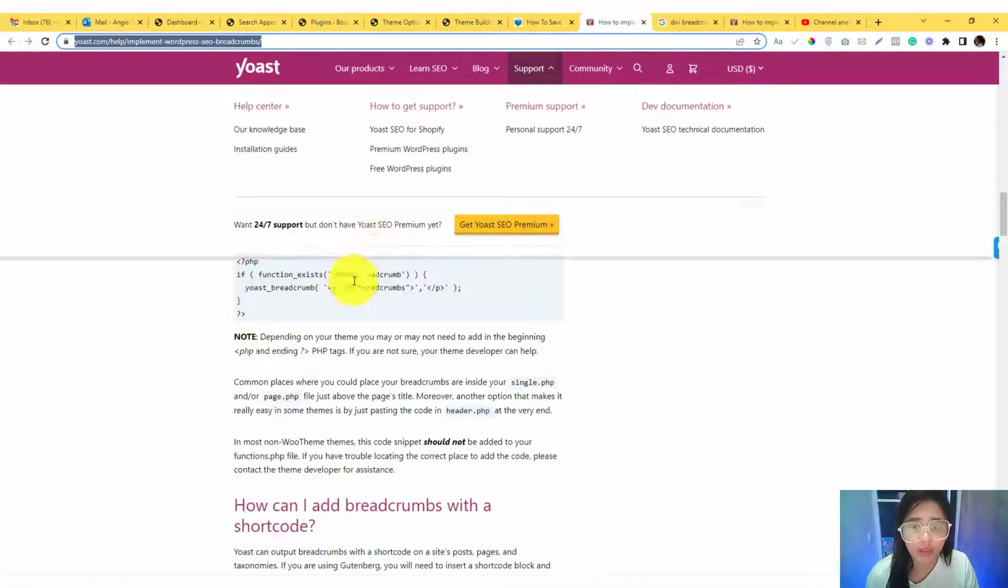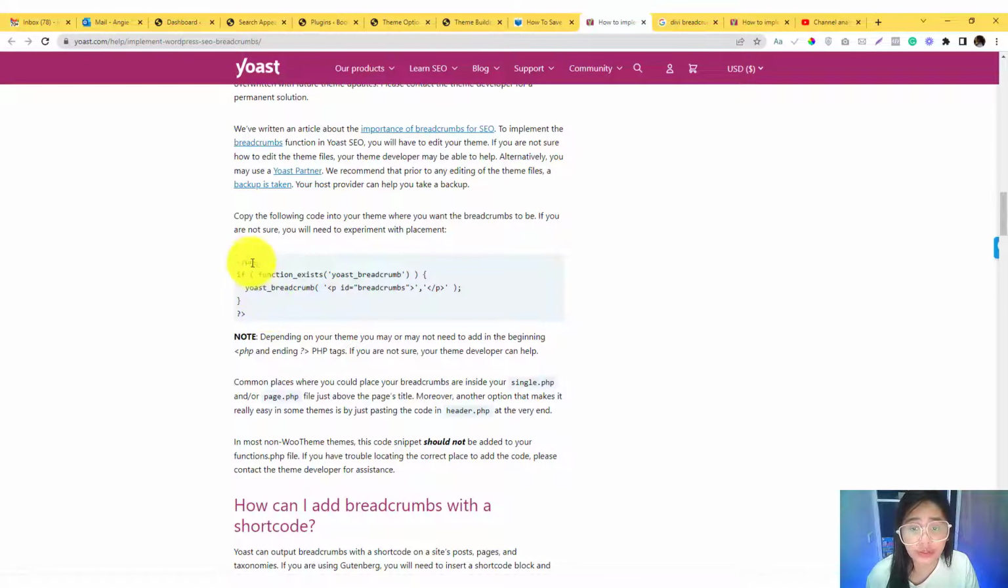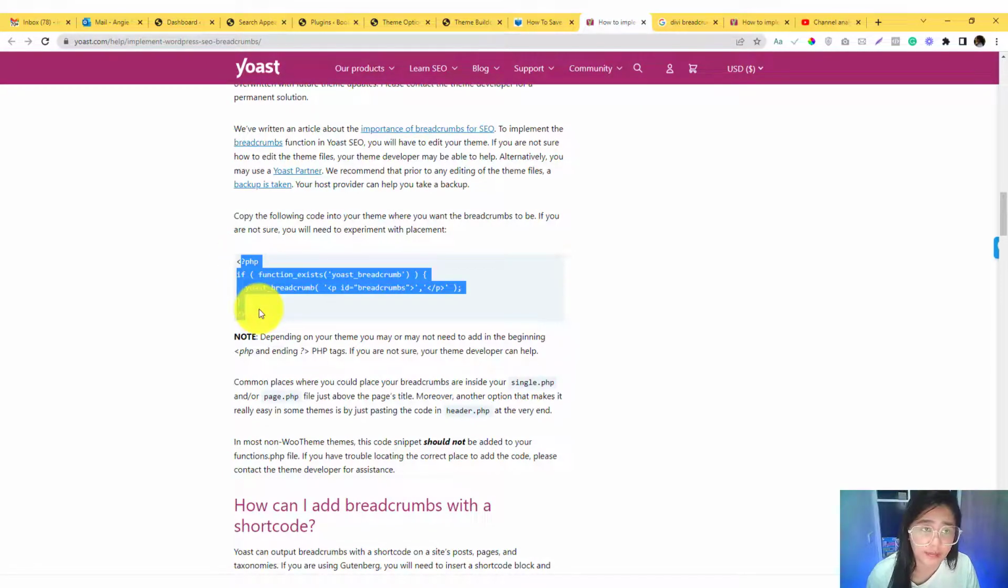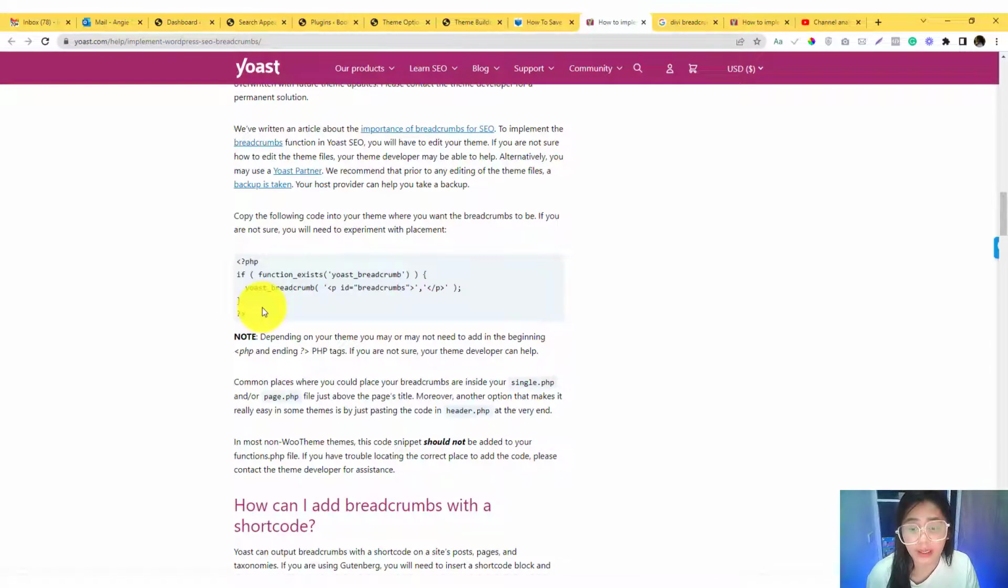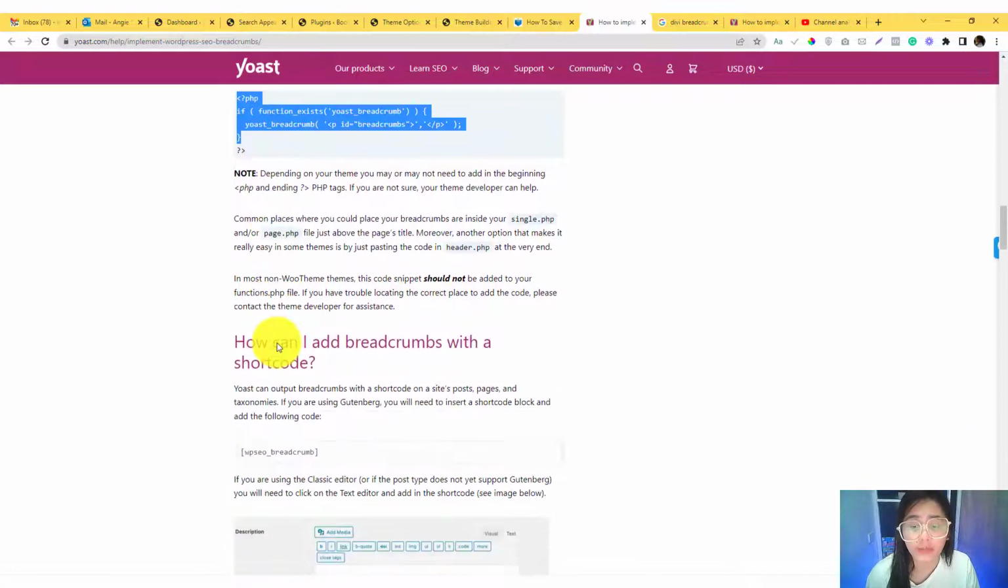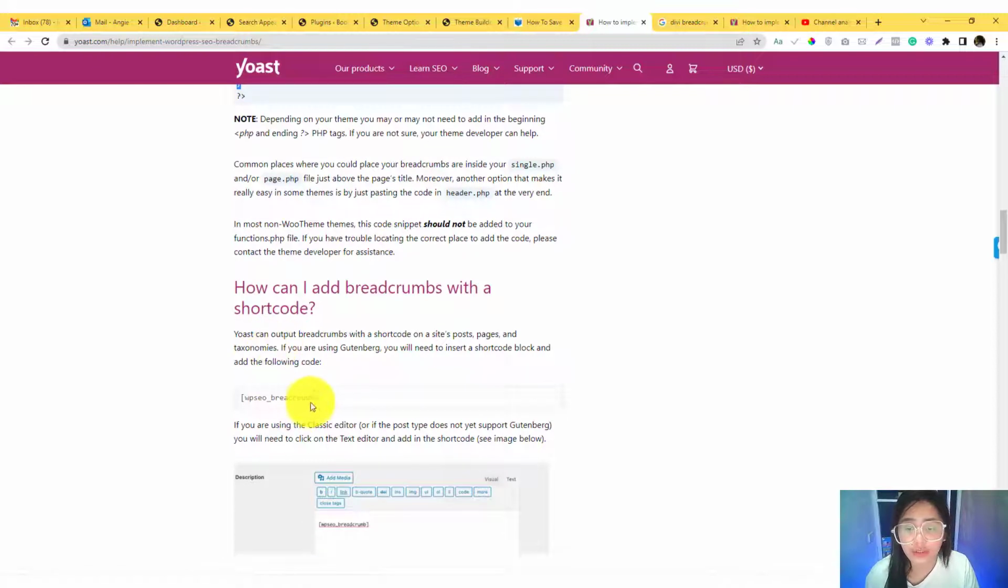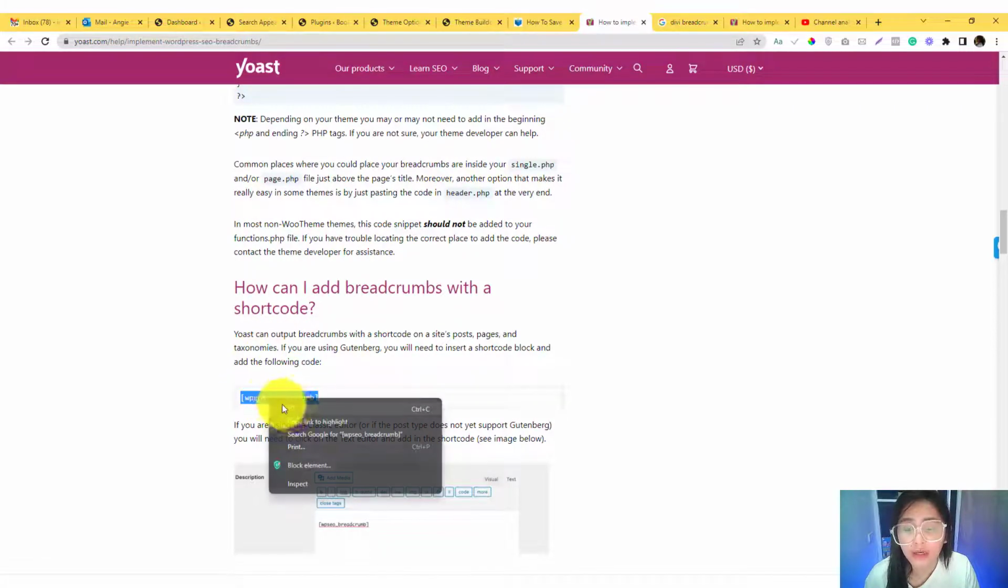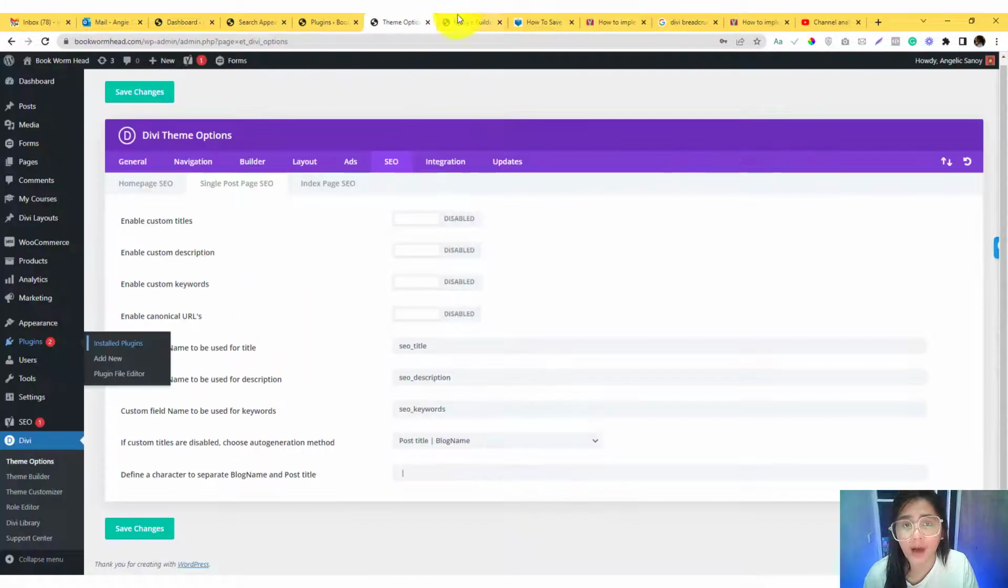And this is their documentation. So you need to put this code into the single.php if it is a blog post, or in the page.php if you want to put it on a specific page. Now, if you're not fond of this part, there is a simpler way using the built-in shortcode of breadcrumbs. So you just need to copy this code in here, and then go